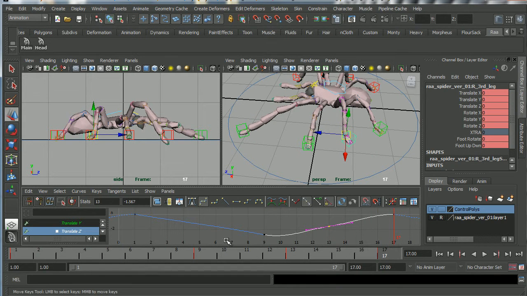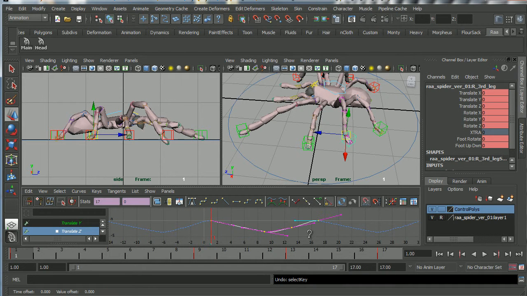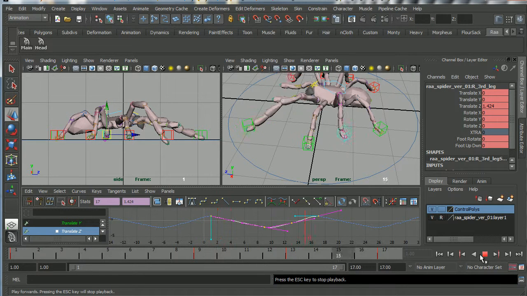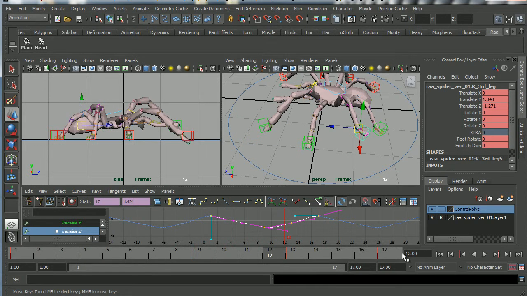Actually, in fact, I'm going to undo that, because I think what we want to do is move that whole curve slightly so it's more like that. What I'm doing here is I'm holding down the Shift key and the middle mouse button to move that whole curve upwards. There we go, that's better. So we get a more attractive reach there. Okay,